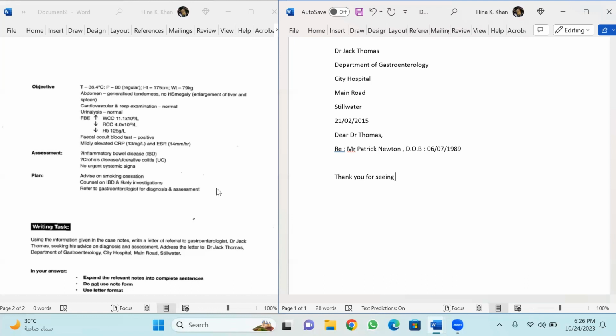Thank you for seeing Mr. Newton. Now there is no need to put a dot in between after the Mr. Okay, if you're going to put the dot here, you have to put the dot everywhere. If you're skipping the dot, then skip it in the whole letter. Okay, a 25-year-old accountant